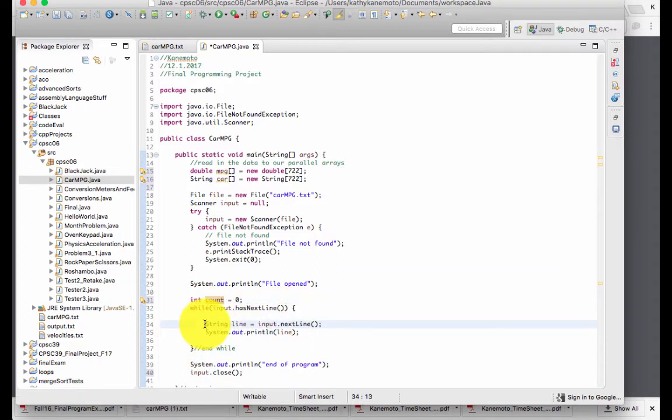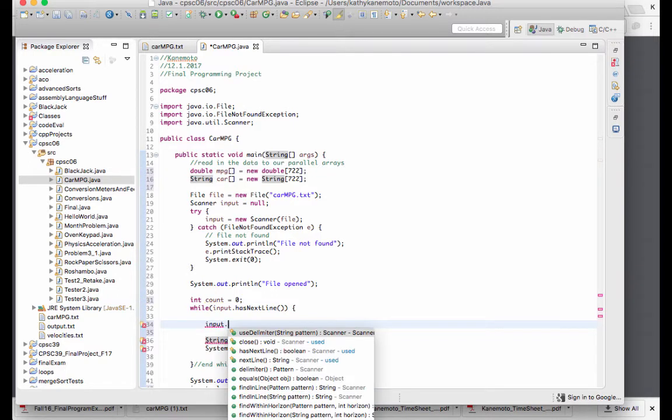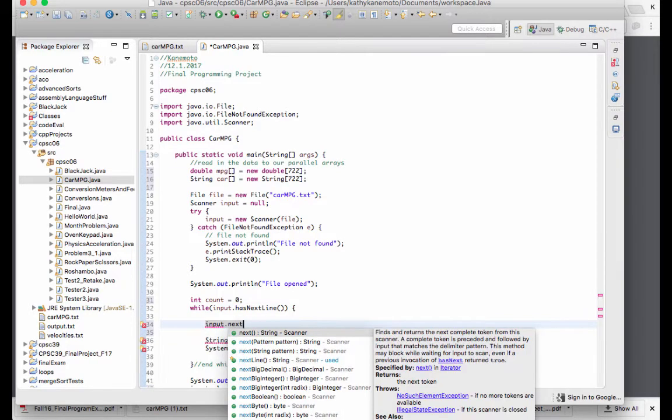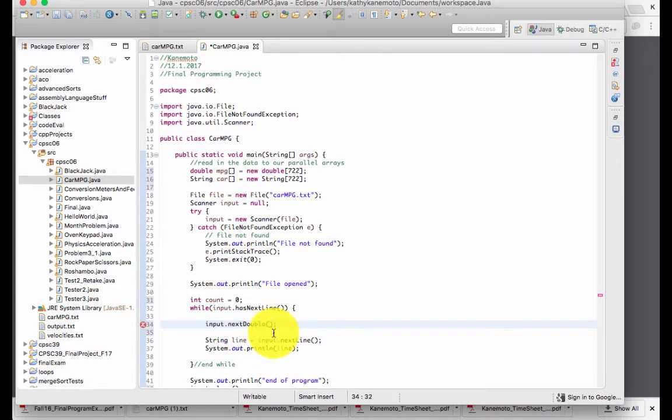Alright, let's go ahead and read in that double first. So we're going to use our scanner object, and we want to read in the double. So remember that we know this method. We've been using this method all along. nextDouble reads in a double from our input. Now we want to put that double into our array at the proper index. So we'll access our miles per gallon array at index count, which starts out at 0,